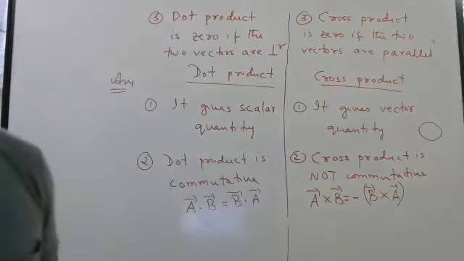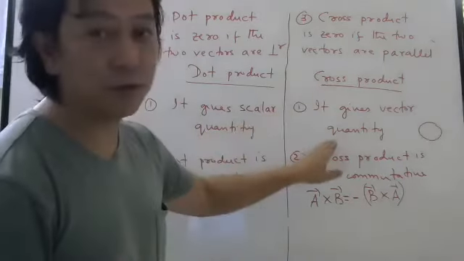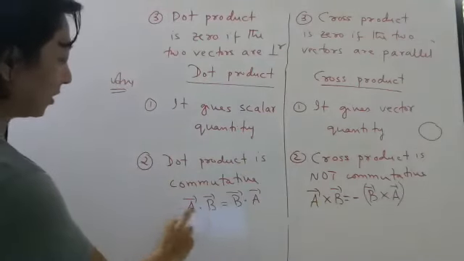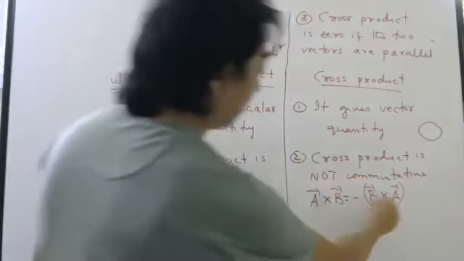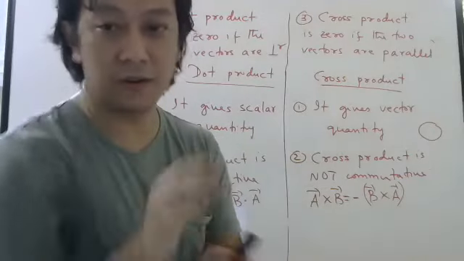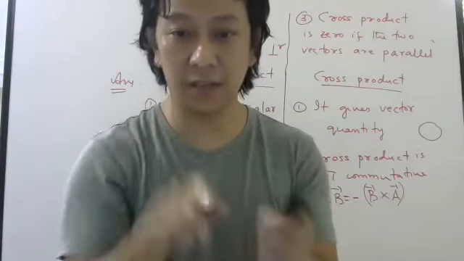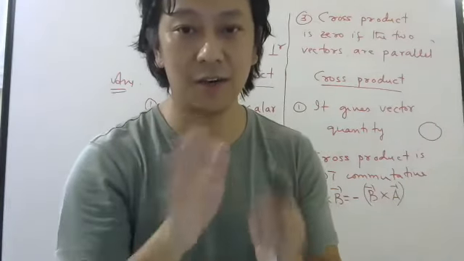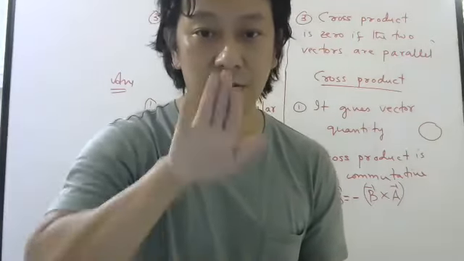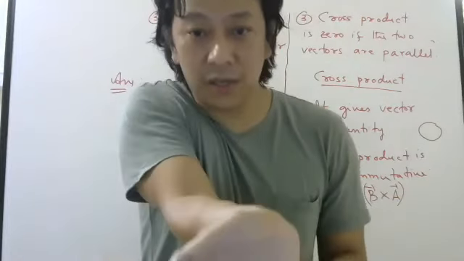So these three differences, please try to remember. Dot product gives you scalar quantity, cross product gives you vector quantity. Dot product is commutative. Commutative matlab if you interchange, answer will be same. Here if you interchange, minus sign will come. Reason again, A cross B will be here, B cross A will be down. Similarly, if I do this way, A cross B will be here, B cross A will be here, right? Are you understanding or not? If you do like this, it is up, no? But if you do like this, so imagine A is here, B is down. So A cross B will be here, B cross A will be here.